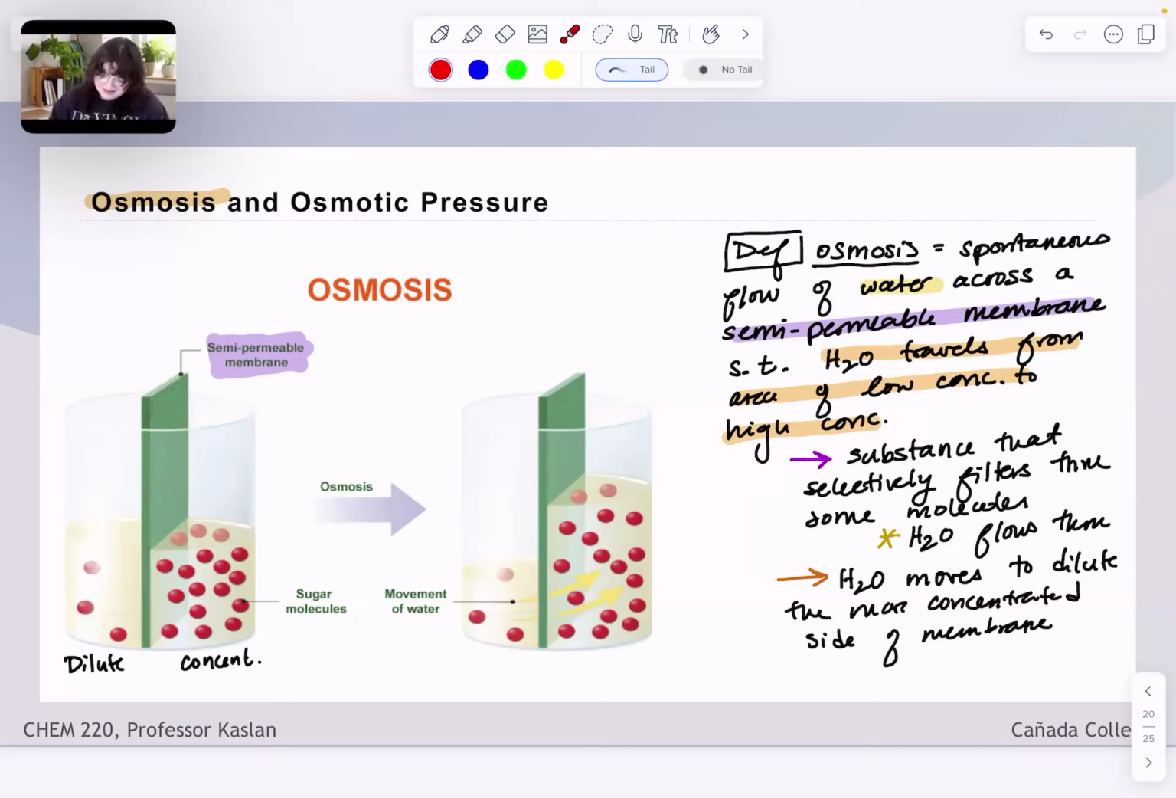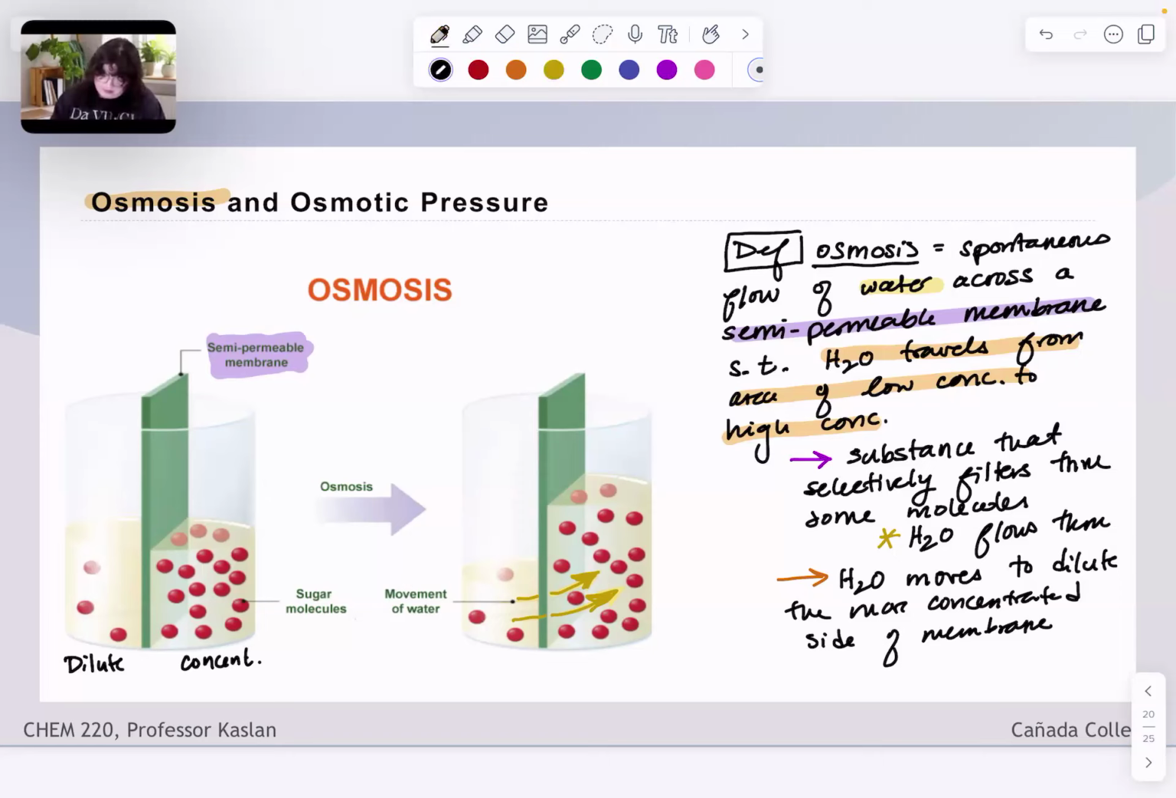And then osmosis happens, which means that our water is going to leave the side that had fewer solute particles and more water, so that it can dilute the side that had fewer particles of water, or more solutes is probably the better way to say this. So osmosis